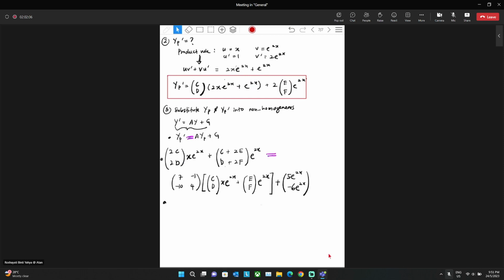So 2C2D x exponential to x plus C plus 2ED plus 2F exponential to x equal to,